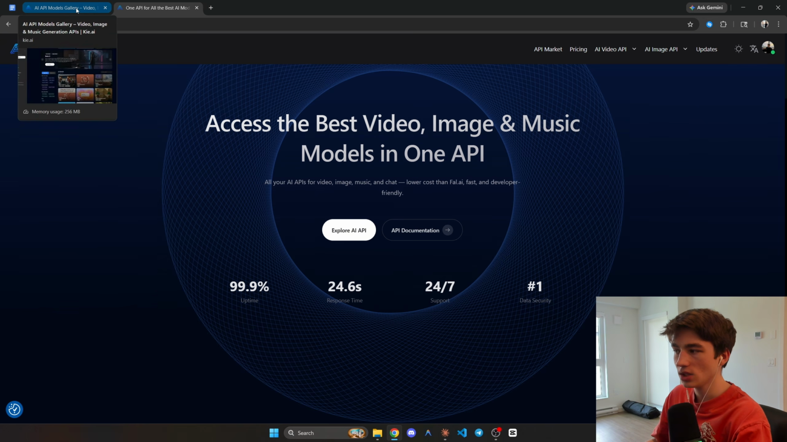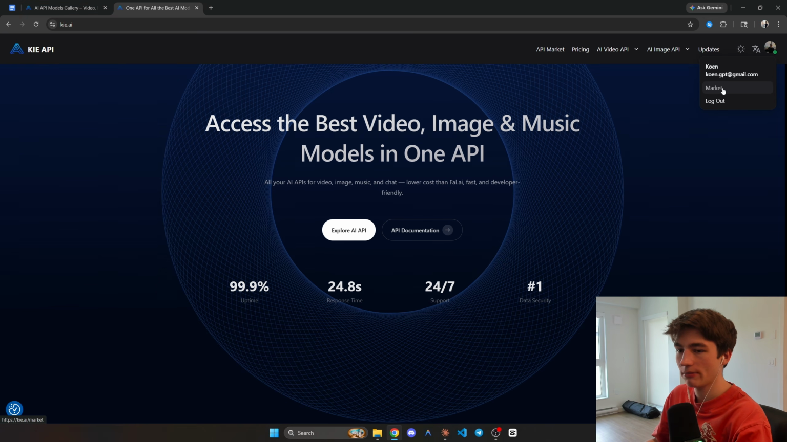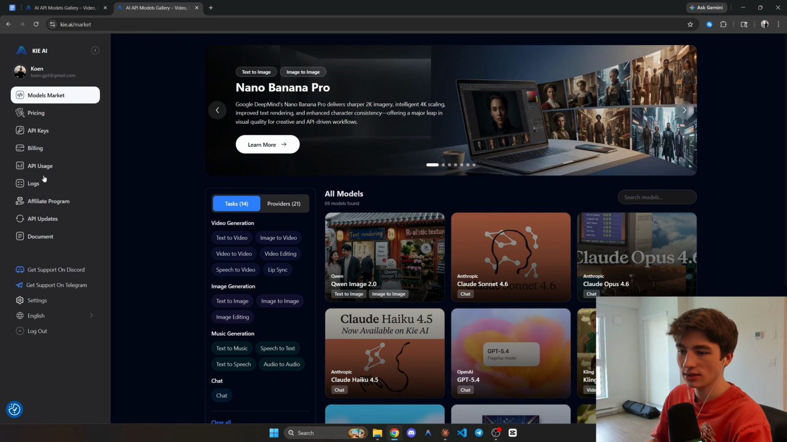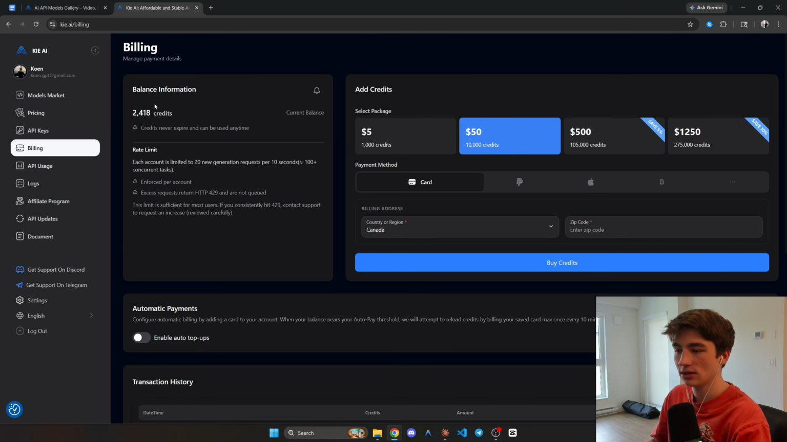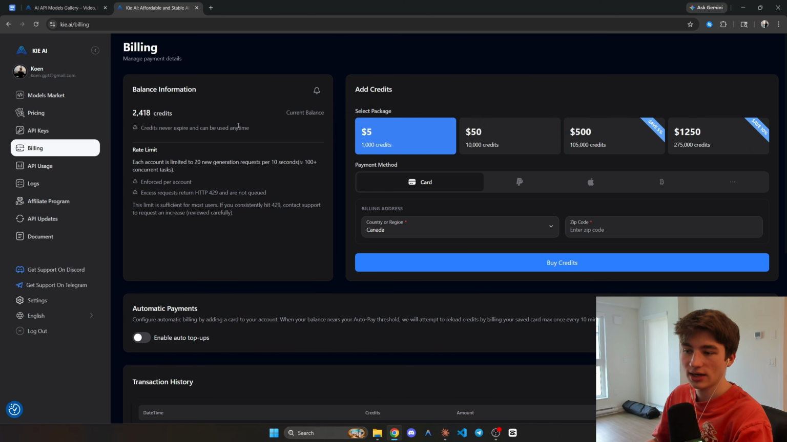example project. So once you're signed in, you can go to the market, and on the left over here, you can go to billing, and this is where you can add a little bit of credits for the AI generated videos. You can add as little as $5. And once you've got your credits on there, we're going to need an API key, because